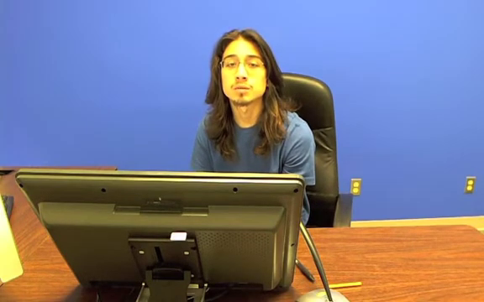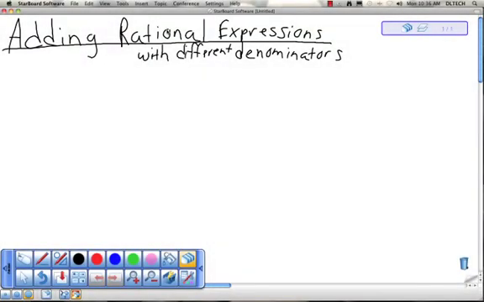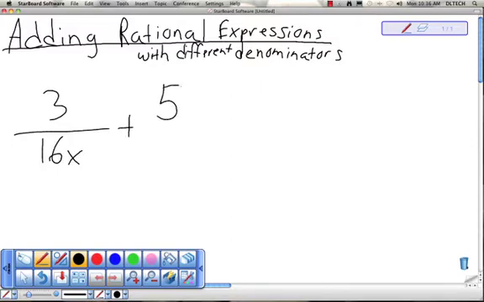And today I'm going to be working on how to add rational expressions with different denominators. Okay, so first we're given the problem 3 over 16x plus 5 over 24x squared. So the very first thing in adding rational expressions with different denominators is to find the LCM of